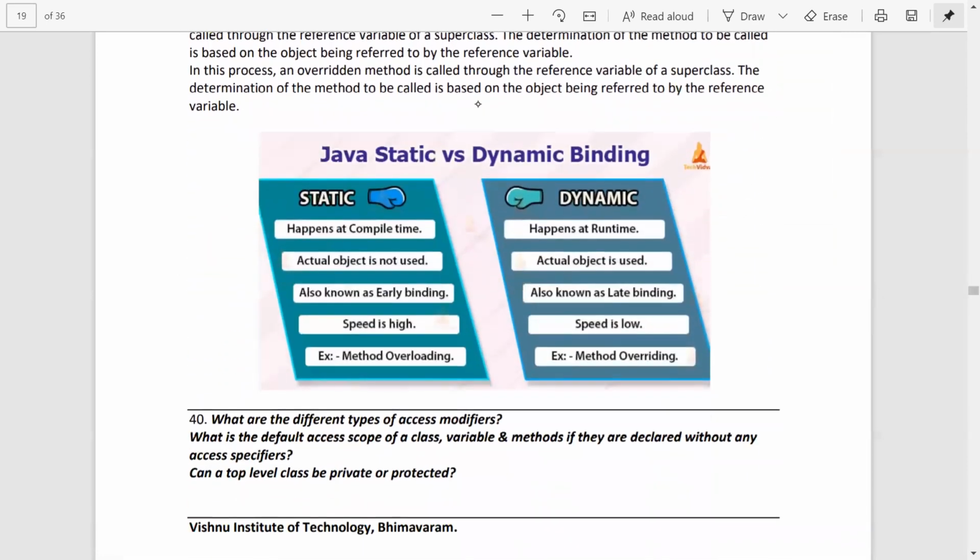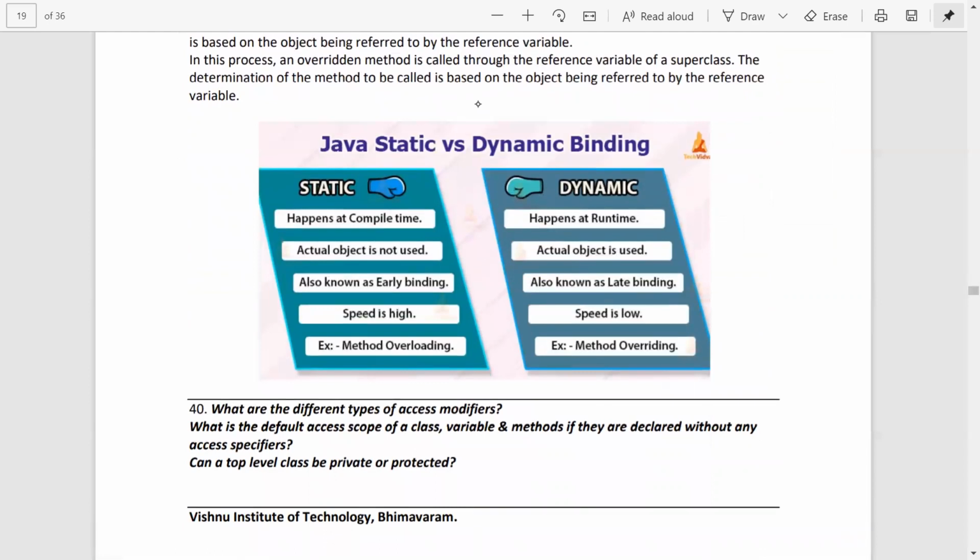Runtime polymorphism we have seen, and this is static and dynamic binding. These are achieved with the help of overloading and overriding. Through overloading, compile time polymorphism, as I have said, happens at compile time, static. Compile time polymorphism is fast, because execution becomes slow in runtime polymorphism, as at execution time it resolves which method it has to call.